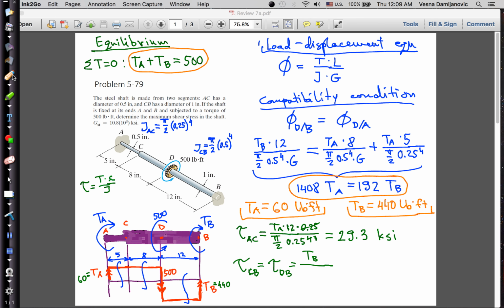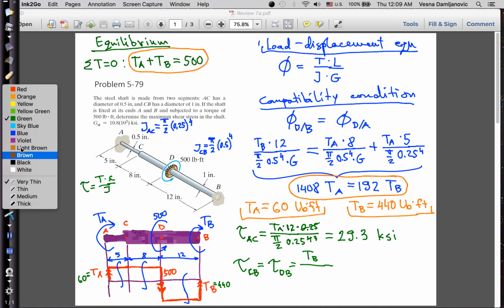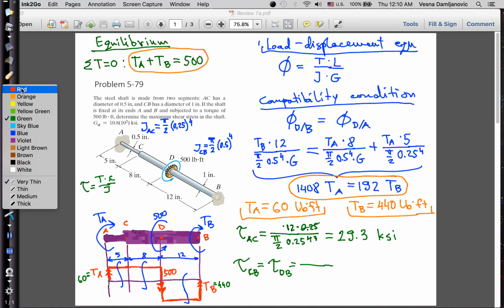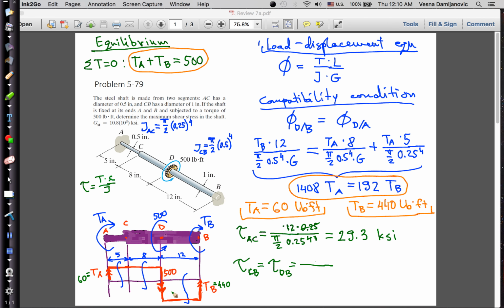And you know, I don't even want to confuse you. I really want to just put in directly the value, because we're not looking at the torque, and that goes the same here. I'm going to write down the number, okay? The numbers are, because we're looking at the number, not at the torque. So this is 60 here because we're looking at this amount, okay, that amount. And here we're looking at this amount. So that amount is 440